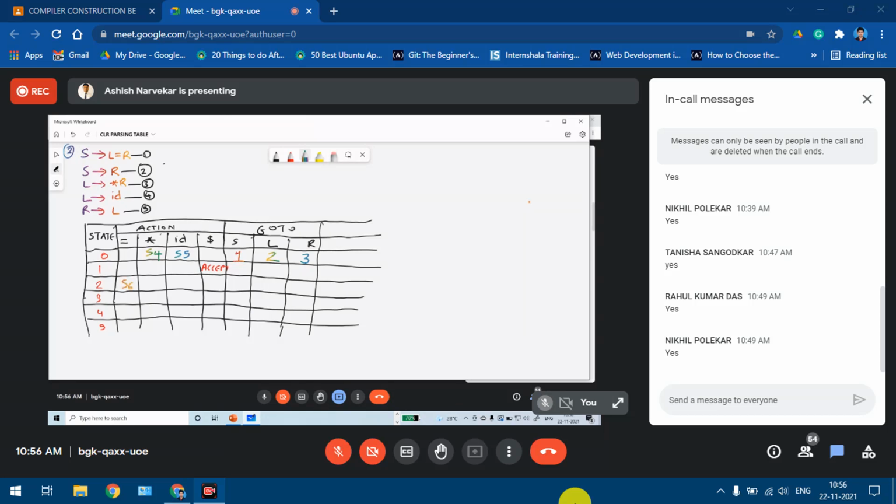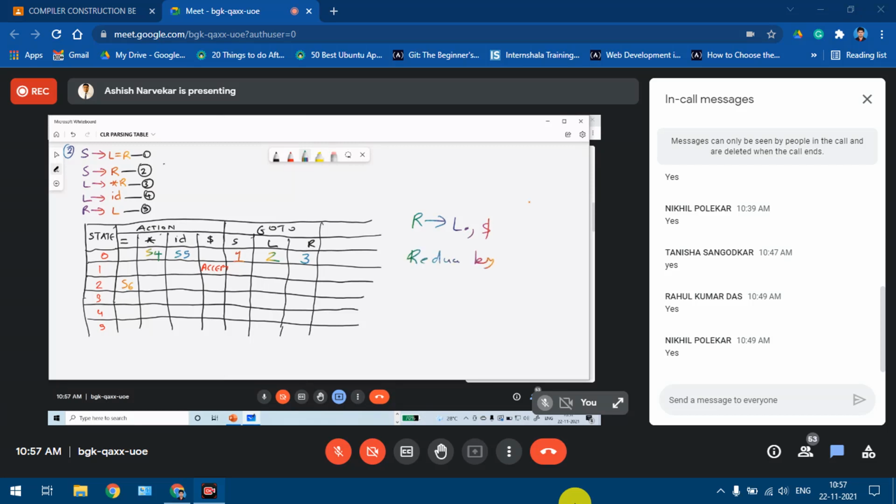Now why it is S6 under equal to is because there is a transition or shift from I2 to I6 on equal to. But at the same time, we can see that in I2, there is a final item. There is an item that is R gives L dot comma dollar. Now since this is a final item, it implies it is a reduce.